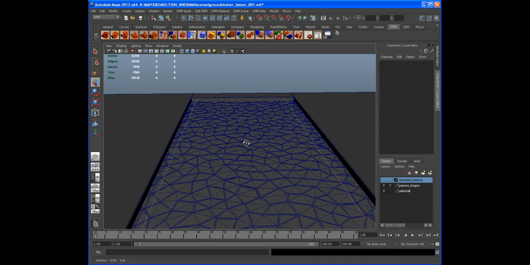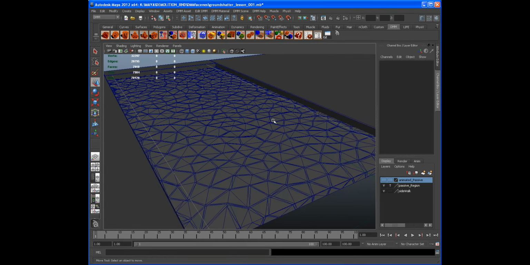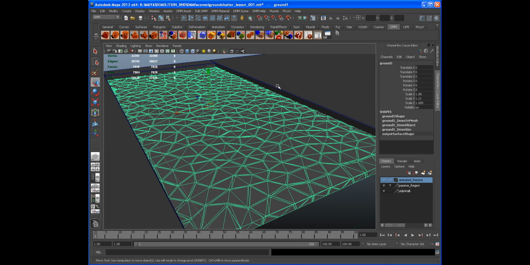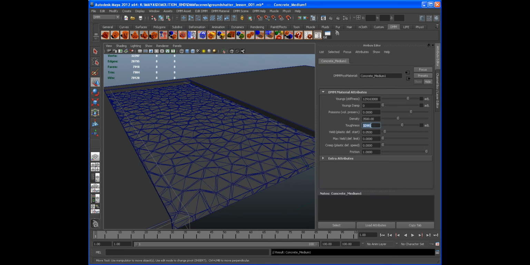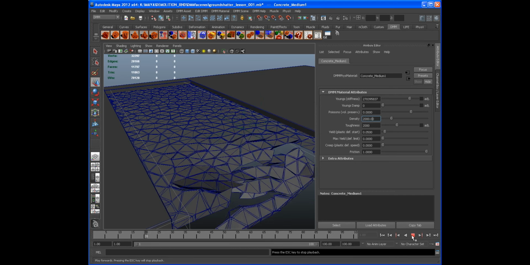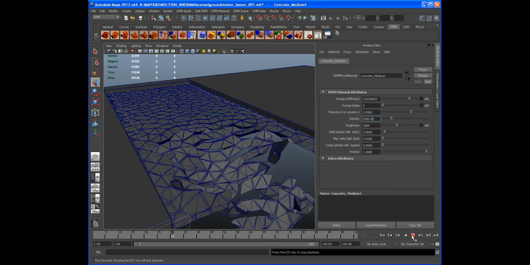I want to get a lot more detail, and I want to have an illusion of it having a little bit of flexibility, but it's still pretty rigid. So I'm going to go in my material editor. I'm going to tweak my toughness a bit. I'm going to bring my toughness down to a low value so that it can kind of bend just a bit. My density I'll take down to 2000 as well. I'll keep these values the same, and I'm going to increase my stiffness. And if I press play, now we get a little bit more breaking, but you can see the difference in